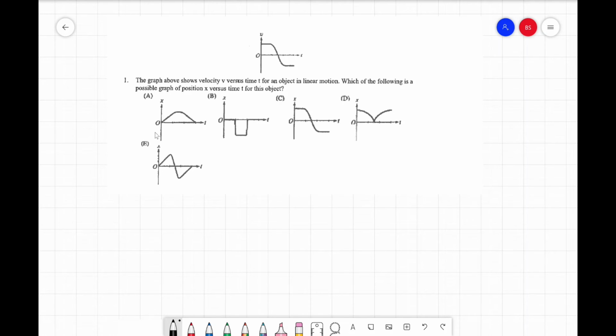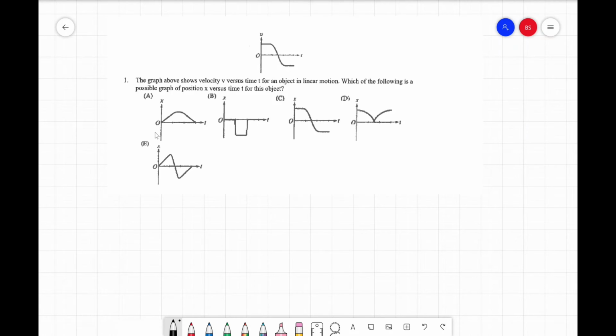In this problem, we are given a velocity time graph for an object that is moving in linear motion, and we need to find a possible position time graph for the object. Now let us begin by trying to describe what the object is doing if it has a velocity time graph that looks like this. So we can see that the object starts with a constant velocity and it stays constant